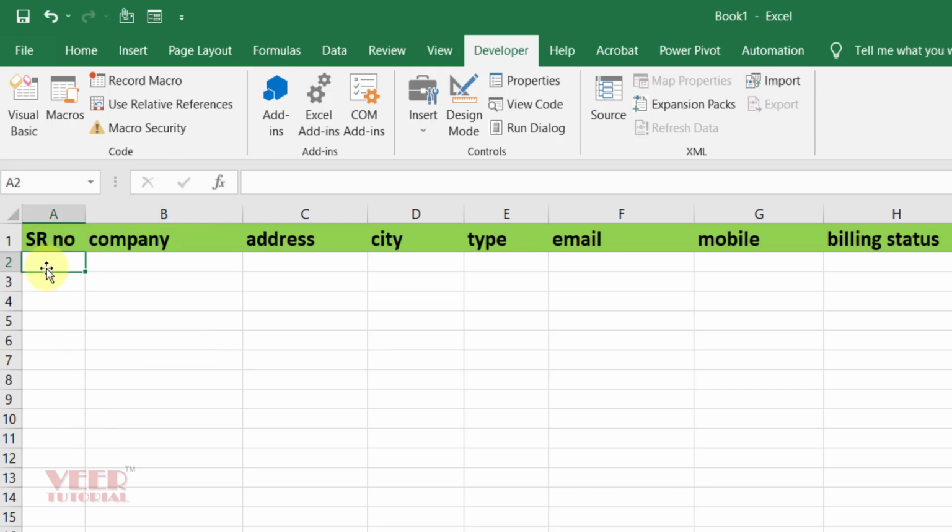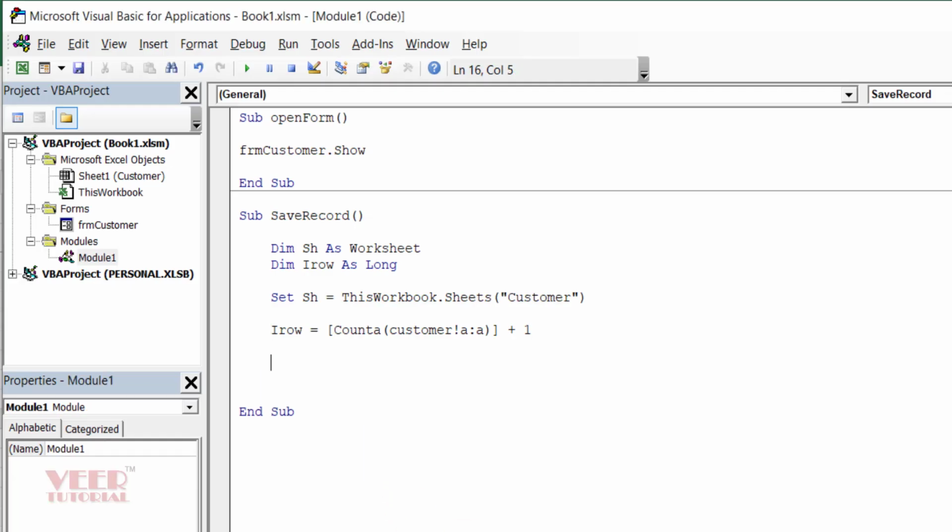If we have data in, for example, up to 9 rows, it will count 9 and add 1, so it will fill the data in the 10th row. So this is basically the use of this CountA function. I hope you understand.